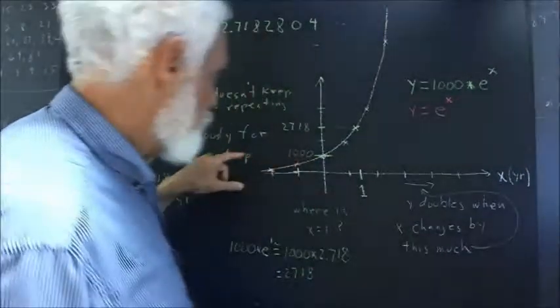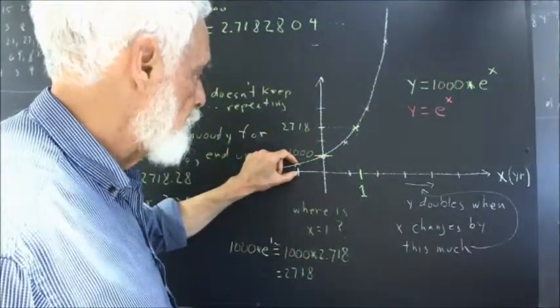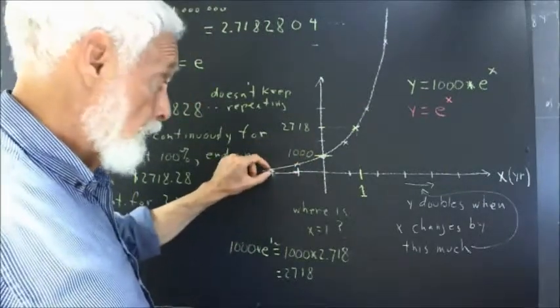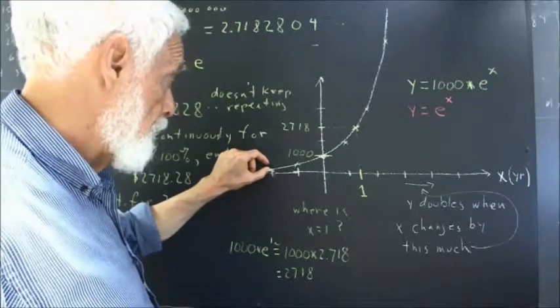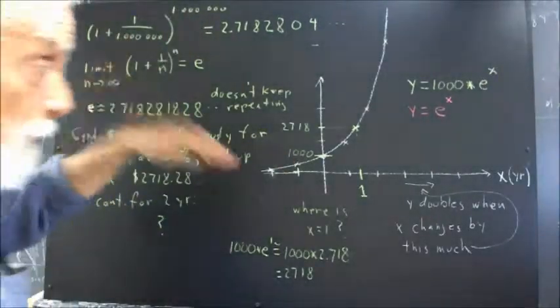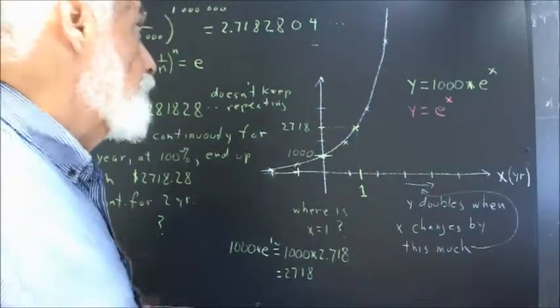We move backwards this way, and this y value becomes half as great. This added to this gives us this. And move that far again to the left, it becomes half as great. This added to this gives us this. That should be a familiar construction to you by now, and that's how we can quickly construct a